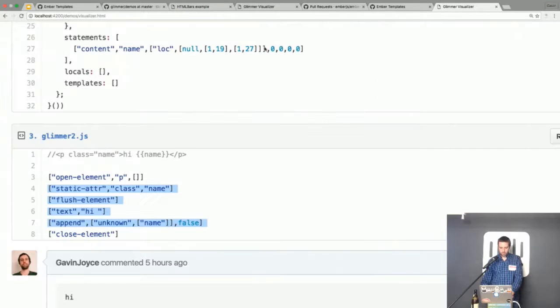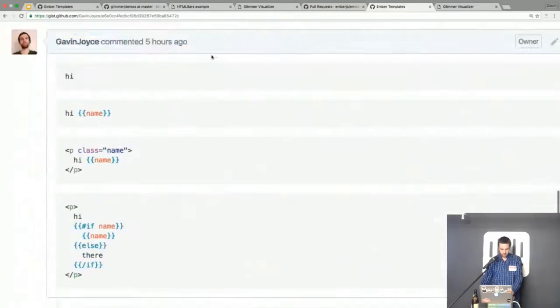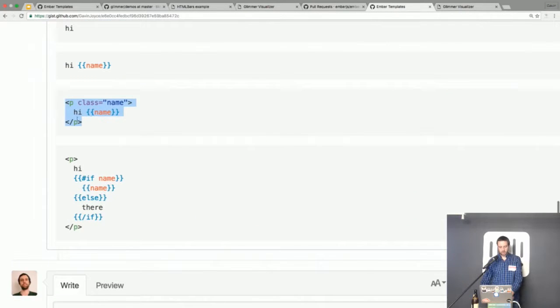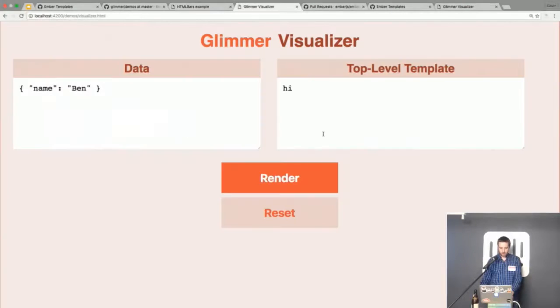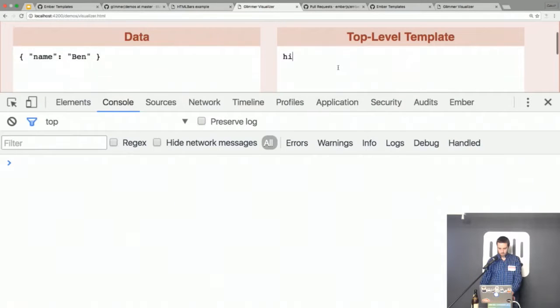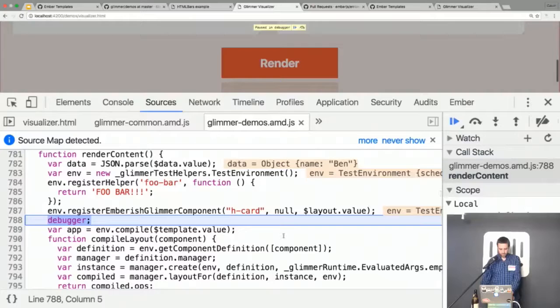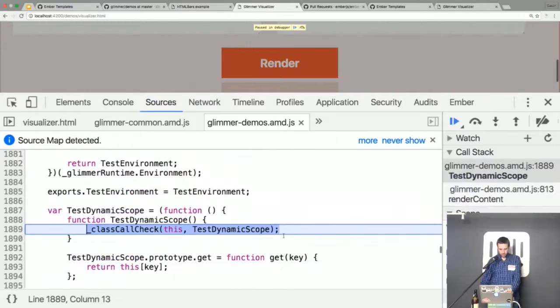So let's take a slightly more complicated template. Every time it gets more complicated, I'm taking a bigger and bigger risk diving into the code because I don't fully understand everything. But let's do it anyway. Okay, let's do it quickly. So there's our template and render. And this time, if we want to go to render,